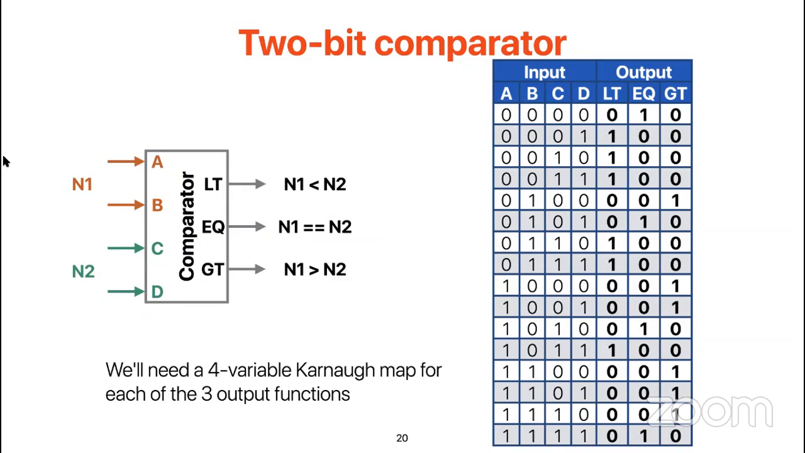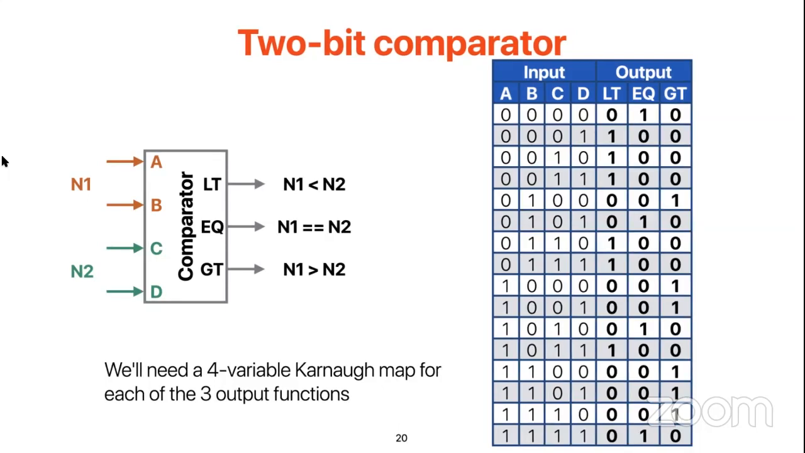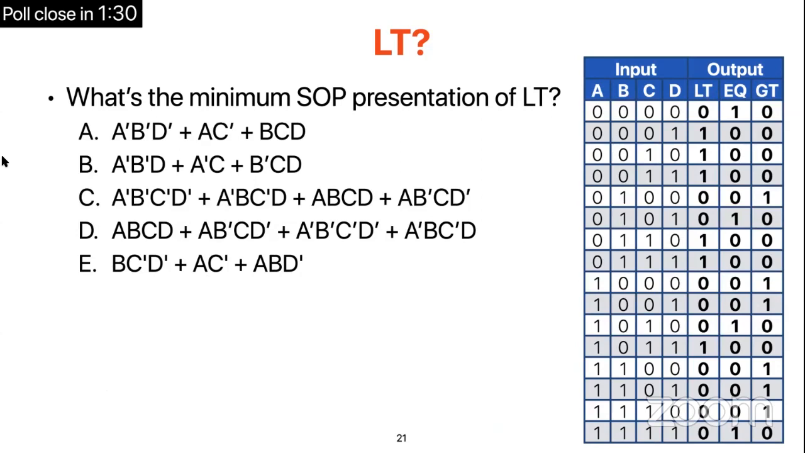How? First of all, we have 4 different variables, and from the adder example, for each output you need a different K map. So you need a 4-variable Karnaugh map for each of the 3 output functions. Right now we are going to design the comparator using the K map we just learned, with a few questions that I'm going to ask. If I want to present LT, what's the minimum SO